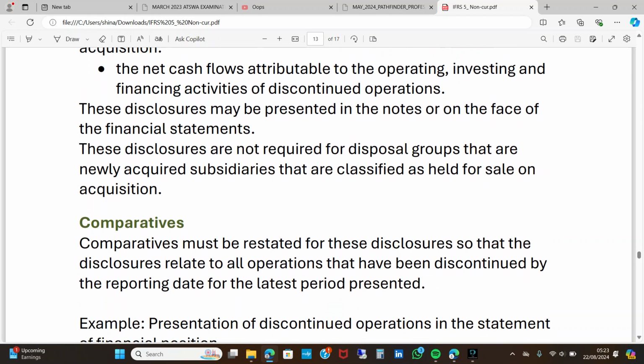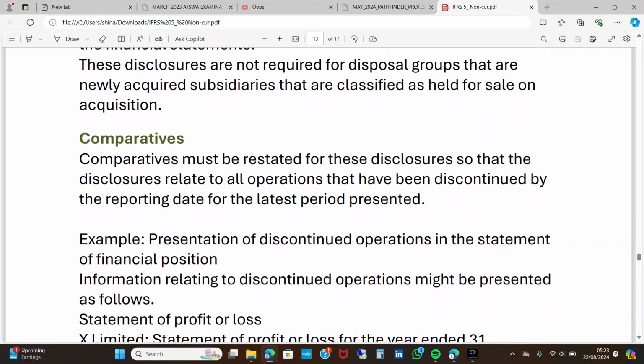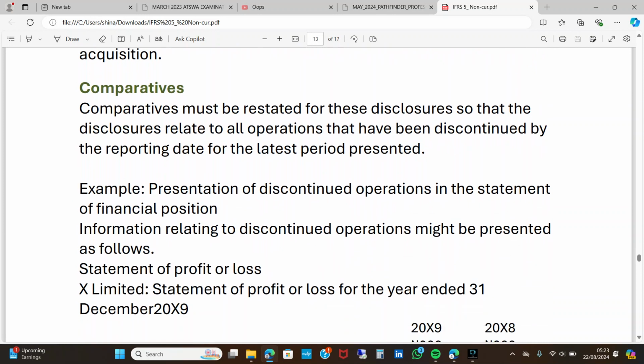Now these disclosures may be presented in the note or on the face of the financial statement. These disclosures are not required for disposal groups that are newly acquired subsidiaries that are classified as held for sale on acquisition. Okay, now let's look at what you call